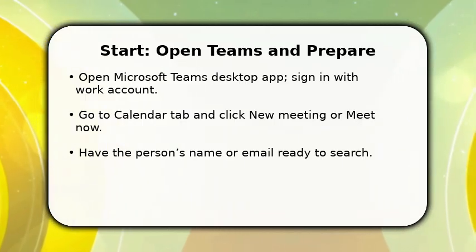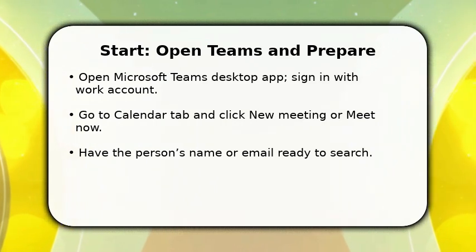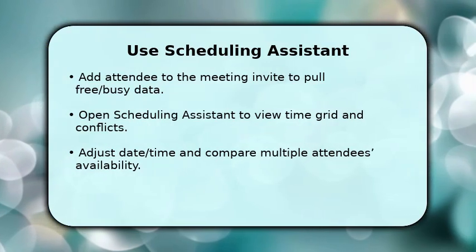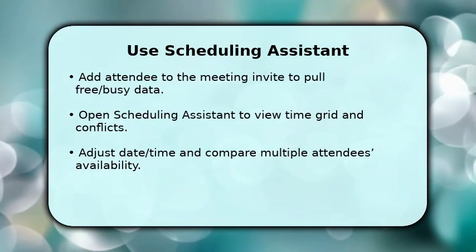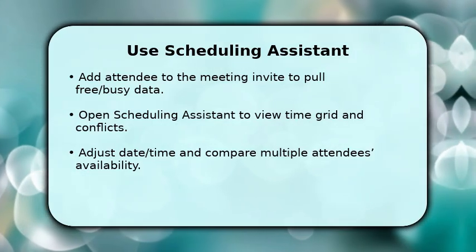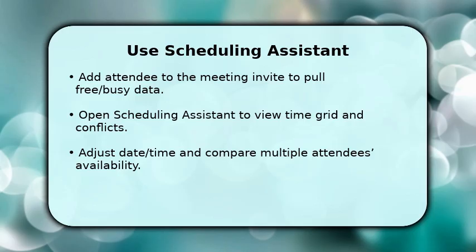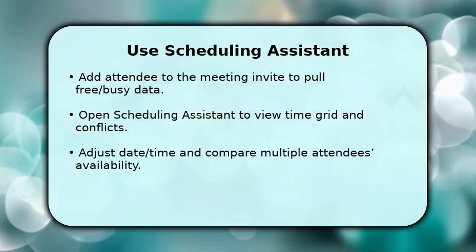After adding the person to the meeting invite, open the scheduling assistant within Teams. You'll see a time grid that shows free and busy blocks for invitees. This is how Teams and Exchange expose availability without sharing full calendar details. Once visible, move the proposed time slot and watch conflicts update in real time so you can find a window